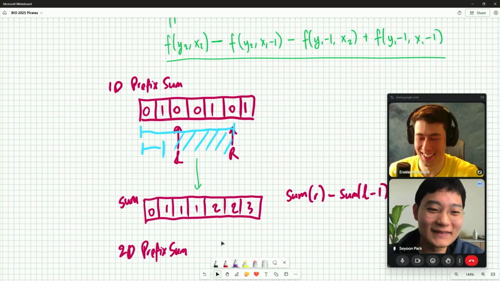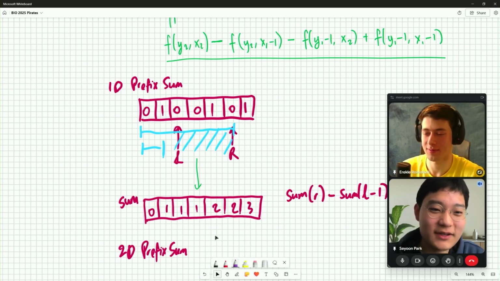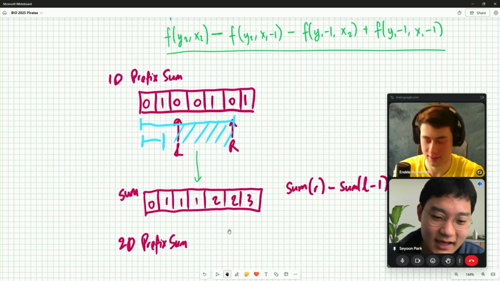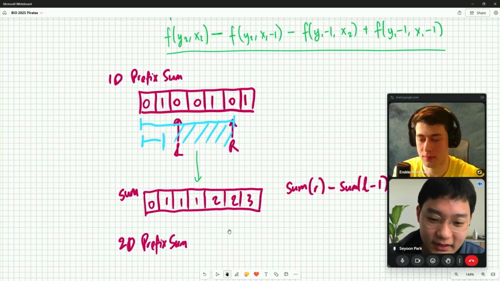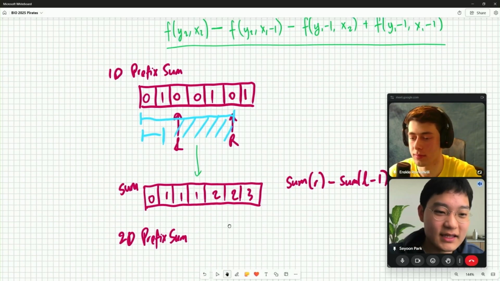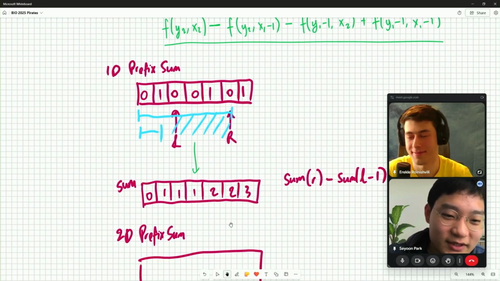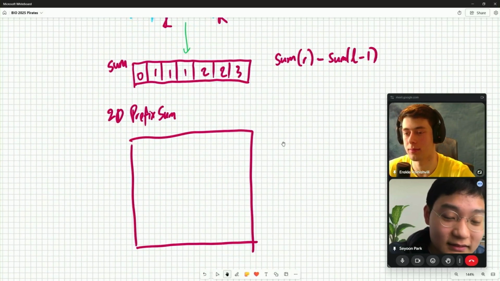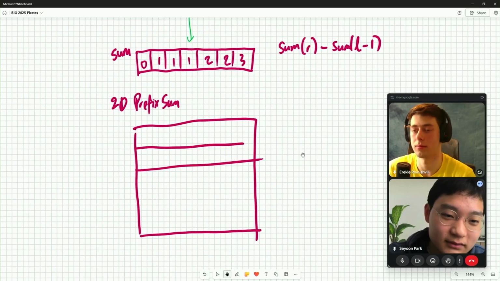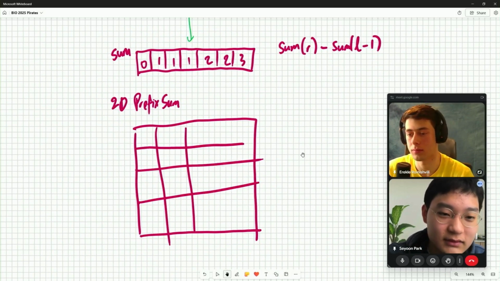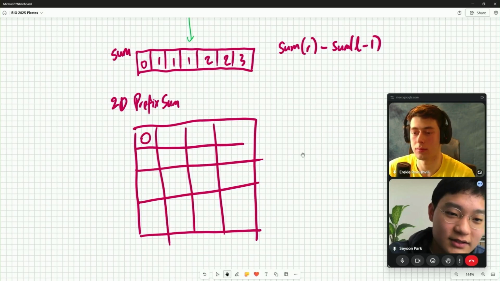So for 2D prefix sum, we can expand this idea. Let's say we have, I'm going to draw the grid again, and just fill it with random values.